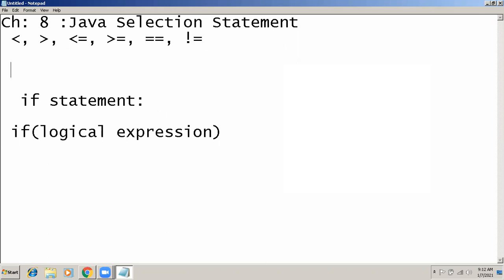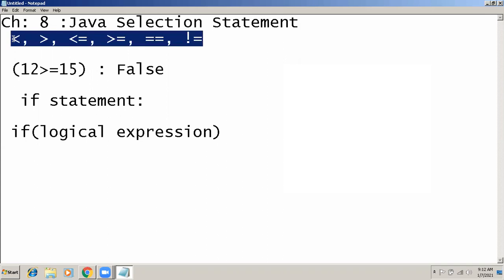Like if you are writing a value like 12 greater than equals to 15, this statement is a logical expression actually, and its value will be either true or false. If we evaluate this expression, 12 greater than equals to 15 is false. So false will be its result.